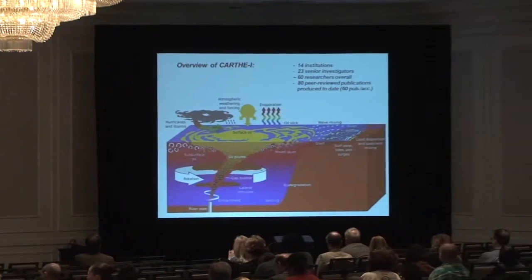Tamay. So I'm here on behalf of CARTH. CARTH is very much focused on the physical processes that are responsible for the distribution of hydrocarbons in the environment. And so this is the schematic we have in mind during the whole project. We are, of course, very much focused on the processes associated with the pipe through which the multi-phase plume is coming out. It's a very challenging problem because it's half gas, half oil, and there are dispersants injected. It's coming out hot into a very unknown